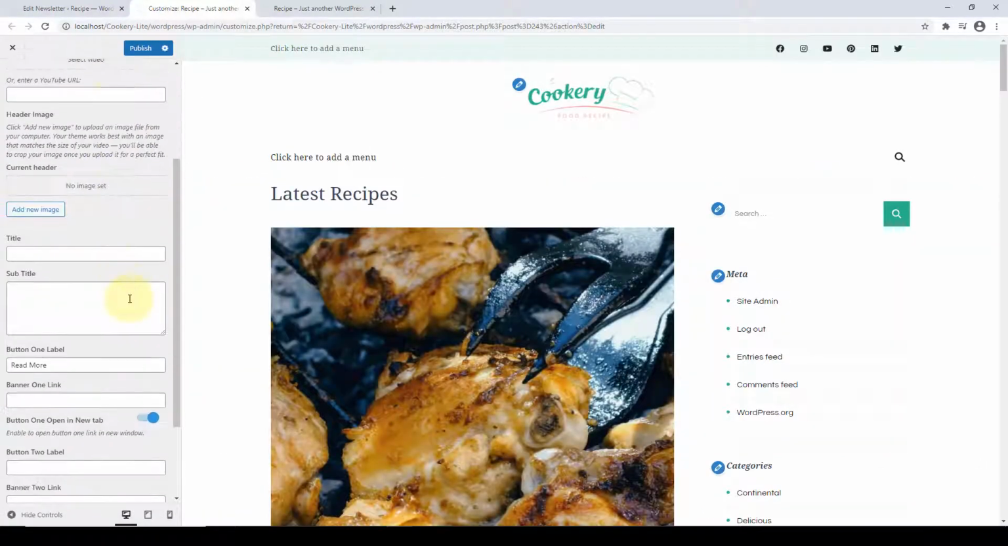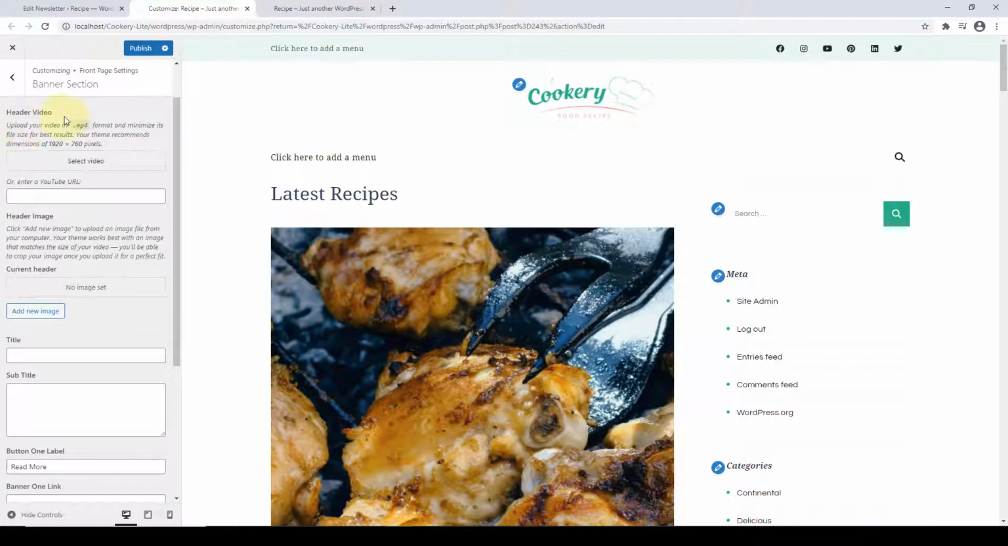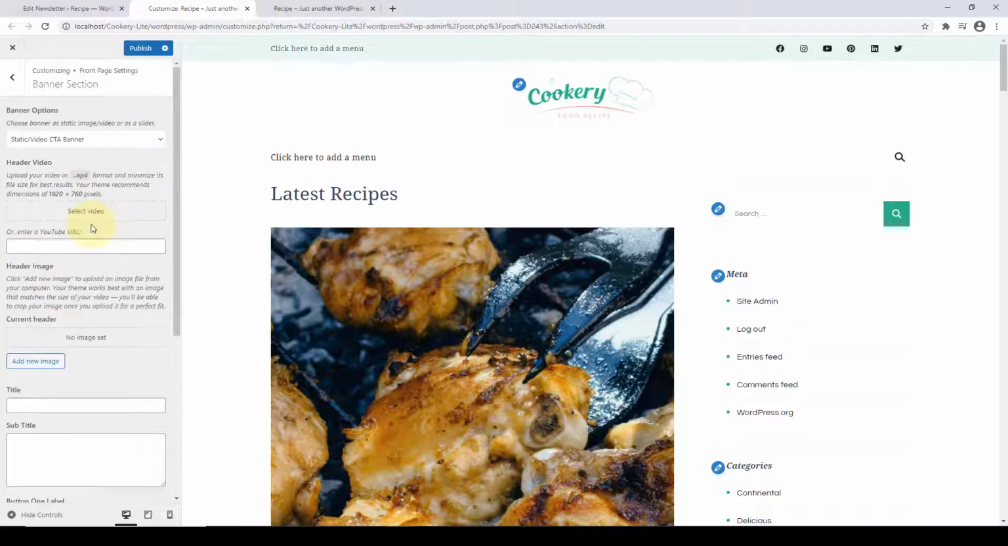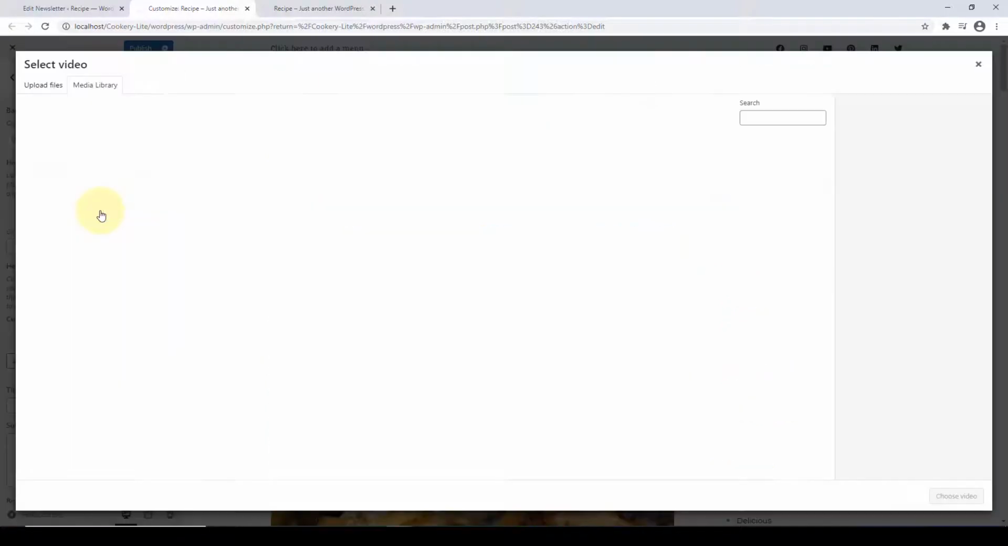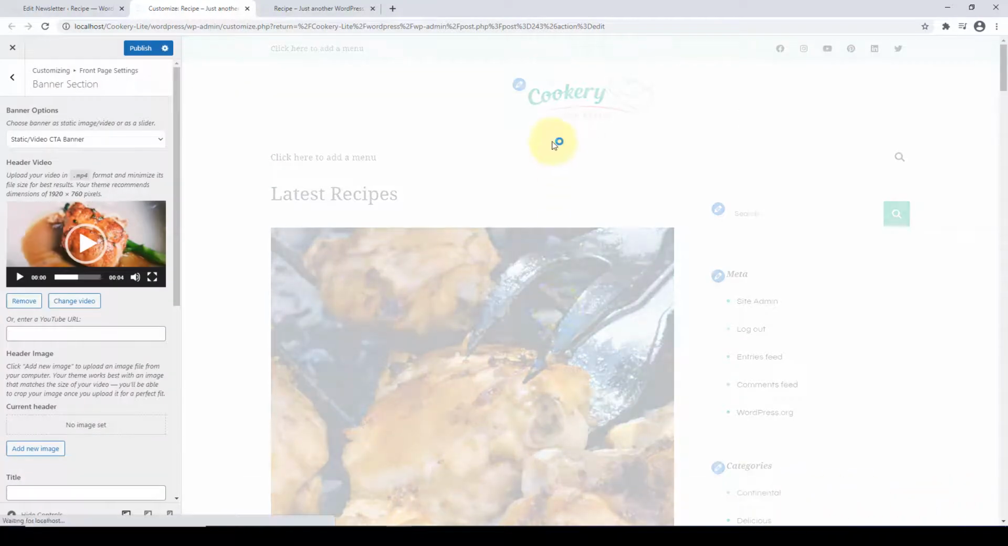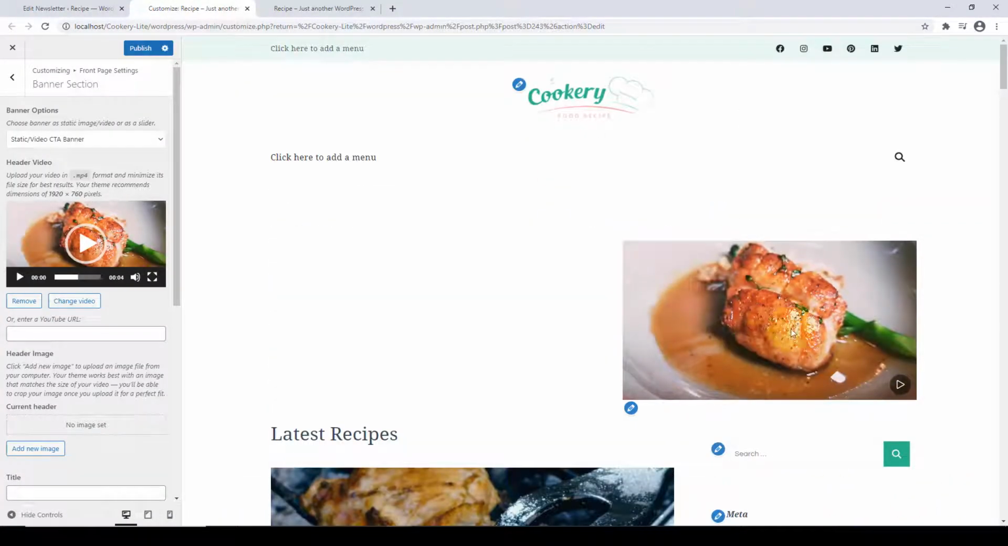Here you will find 3 different options. The first one is to have a header video. The second is to feature one of the videos from your YouTube channel if you happen to own one. And the third one is to have a header image. If you wish to have a header video, click on select video, then select the video from the media library, or you can also upload your video from here. Click on the video you want to feature, click on choose video, and that particular video will be displayed on